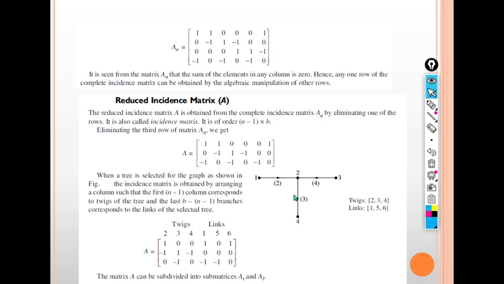At least 2 branches are connected, otherwise it cannot make a loop. If we take these 2 nodes and connect a path, or take a branch, then 2 branches are connected in a loop. The maximum possible branches in a loop are equal to the number of nodes in the graph. What is the maximum possible number of branches in a loop? Equal to the number of nodes in the graph.